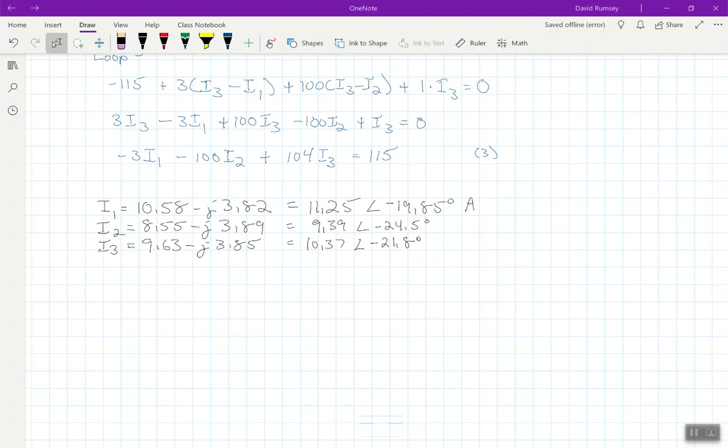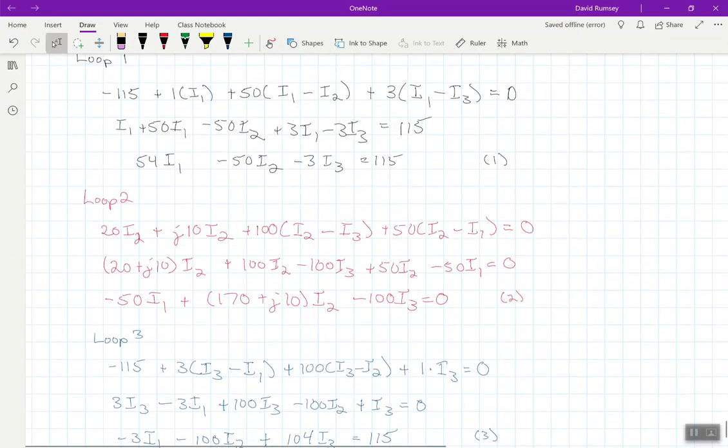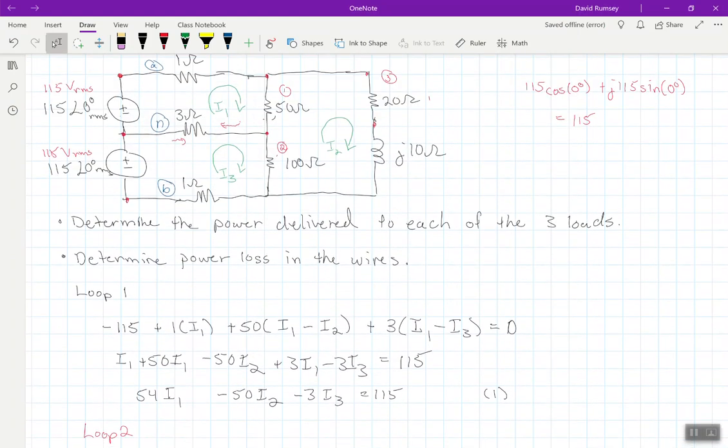Okay, so I've gone through and, as I said, just copied those numbers back into the circuit here. So we've got I1, I2, and I3 now. Let's go back again and remind ourselves what we are trying to determine. It says determine the power, and we're going to determine all of the power here, so average power and any kind of reactive power, because we have here a